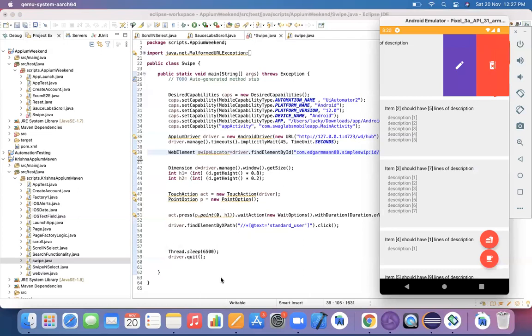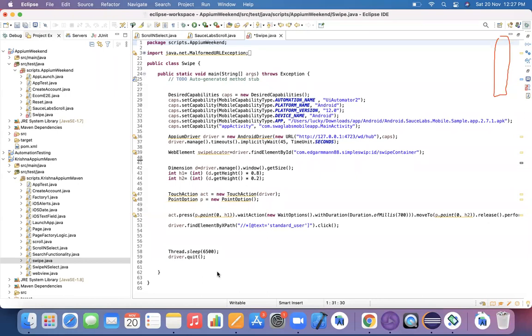Okay, guys, you got my point, right? So you need to perform that operation and you need to move it for that 50 percentage, then only it's going to perform this operation. Either you can go with 50 percentage or 40 percentage or 30 percentage, it's up to you basically. So the ultimate point is on this particular object, you need to deal in this way. This is exactly how you need to deal with this object.